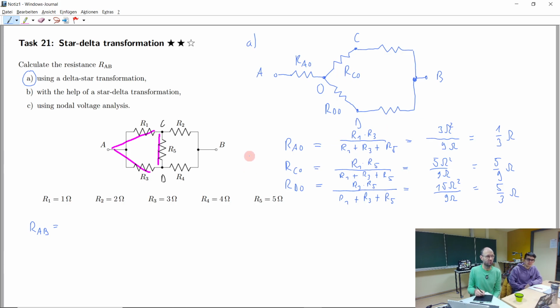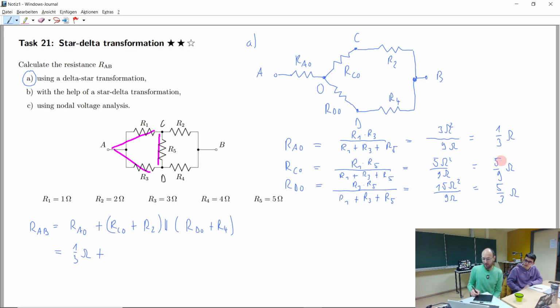Yeah, so how to continue? RC0 plus R3. Yeah, so here we should have RA0 as this resistance, and then we have these two in series, and these two branches in parallel. So plus RC0 plus, this was here R2, this was R4 plus R2, and this is in parallel to RD0 plus R4. Okay, so now we can insert the values, and we have 1/3 ohm